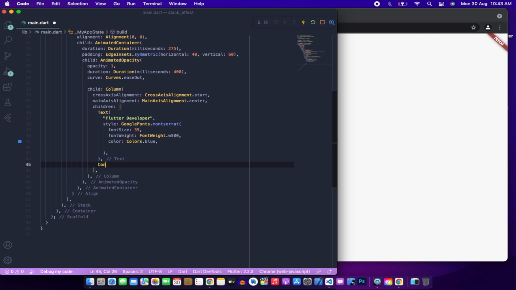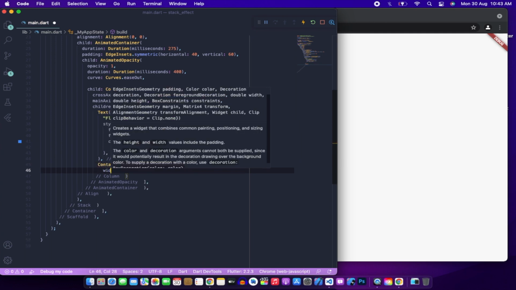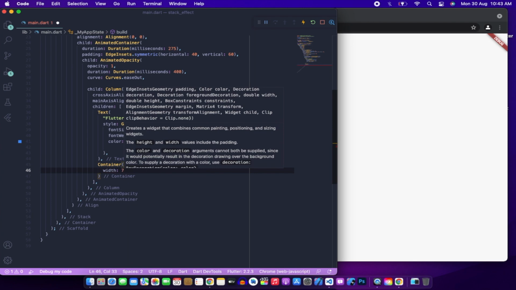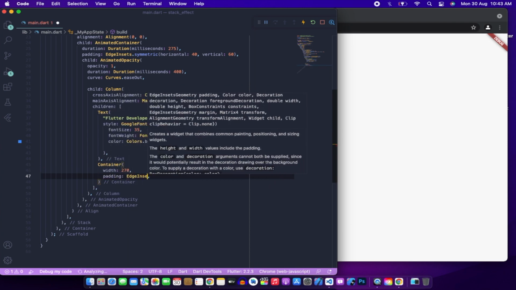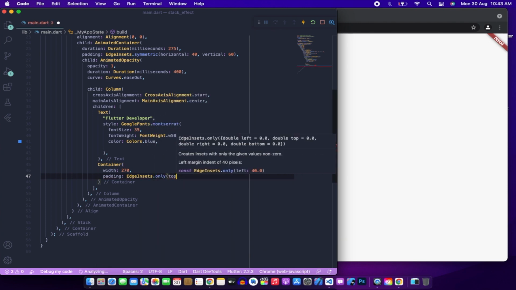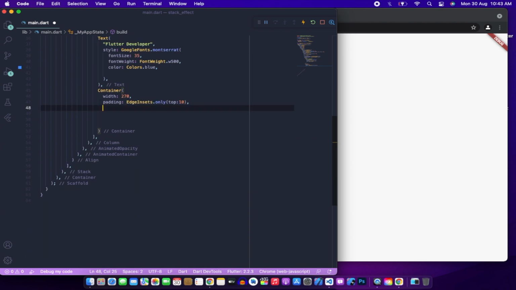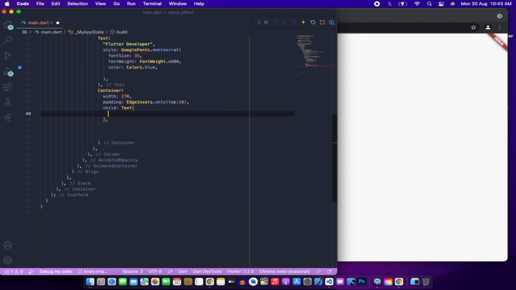Now again we need to create a new container for our description. And in this we will have an edge inset from top. From top means from our Flutter developer title. So now let's write a description and define the properties of this font widget.